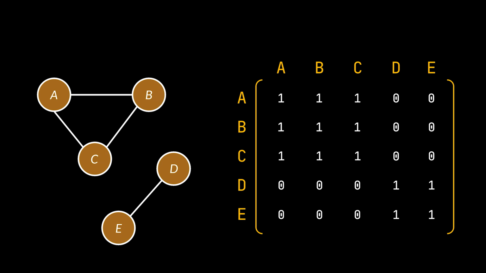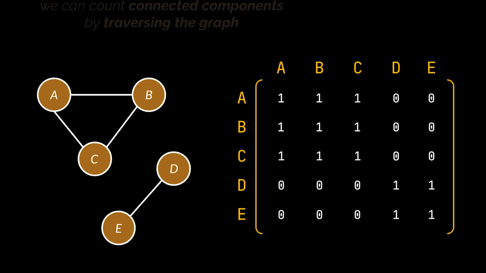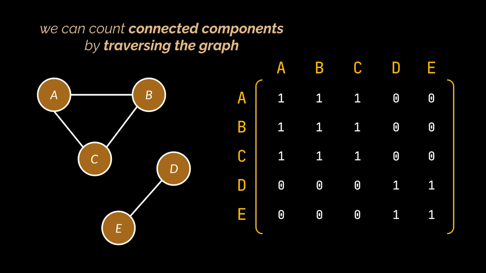Note that the matrix we have here can be represented by the graph next to it. You see, it doesn't matter if instead of ones and zeros we had actual edge weights. We don't need that information anyway. All we care about is knowing if a vertex is connected to any other vertex, no matter the weight connecting them. Okay, so one obvious solution for this problem is traversing the graph using any traversal technique you want.